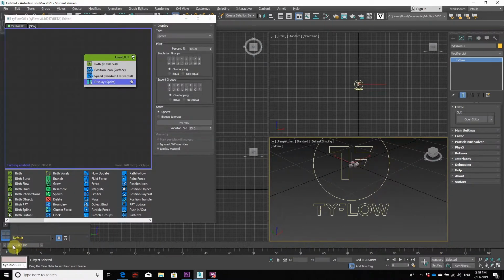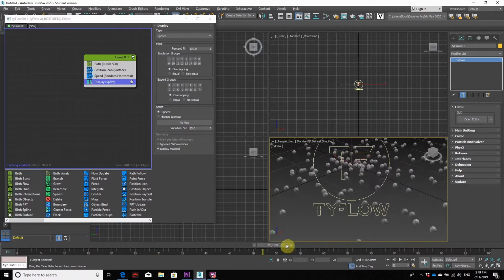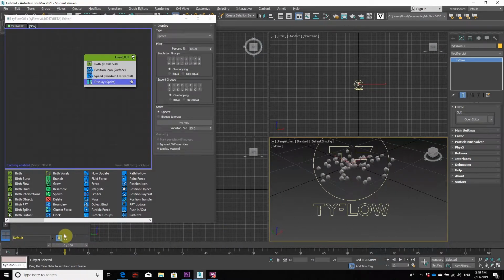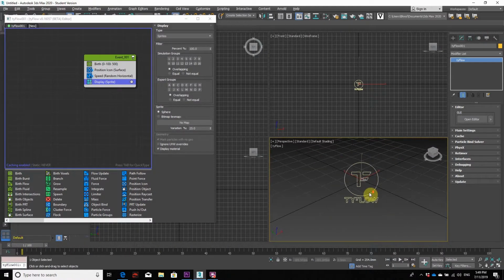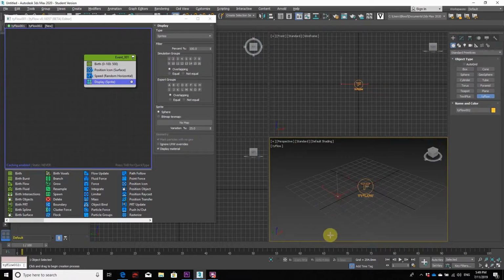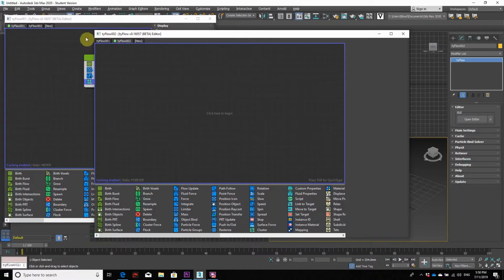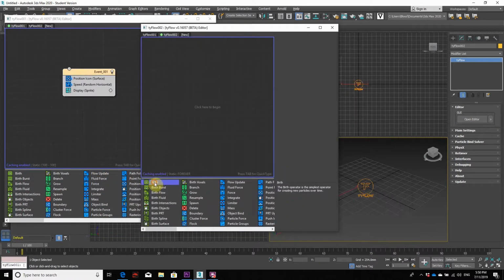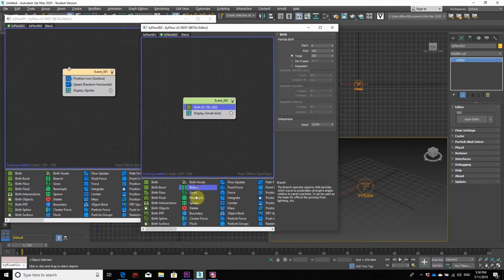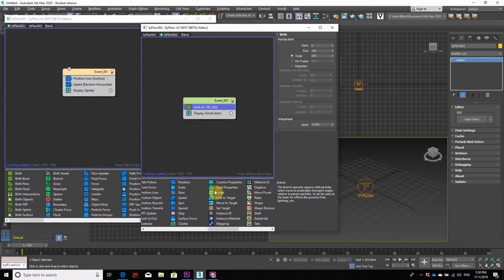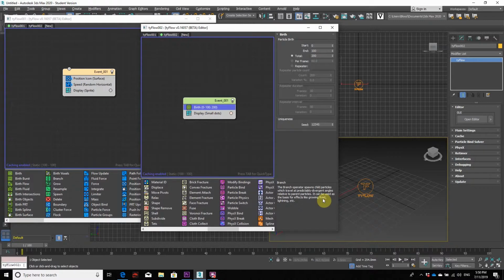So Tyflow is one object that can spiral into many. If you want to have another animation at the same time, to have like two particle effects going on at the same time, you can. All you need to do is add another Tyflow, keep it there, and then you have two icons for that. Then you open that editor, which opens a second window screen, which you can edit, birth there, place that, and then you can do the exact same thing we've done on the other screen in order to get the same outcome, and then it leads to another spawn of a cultivation of a seed being planted and that spiraling out and growth